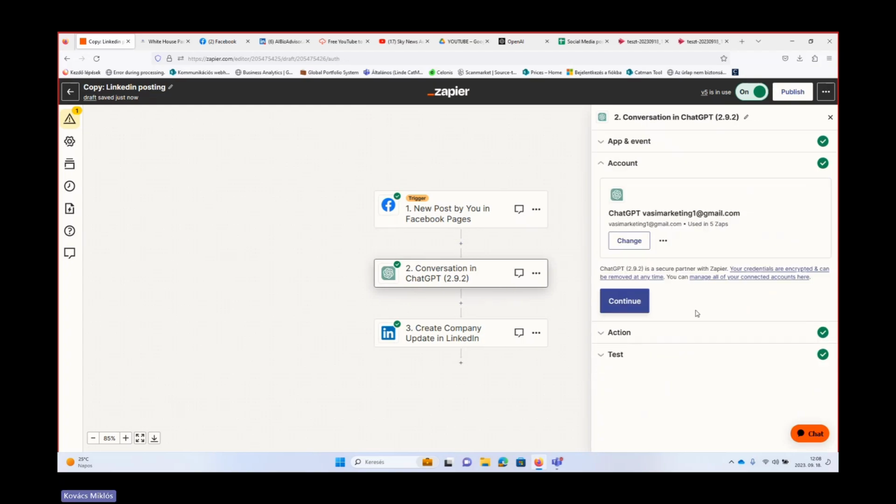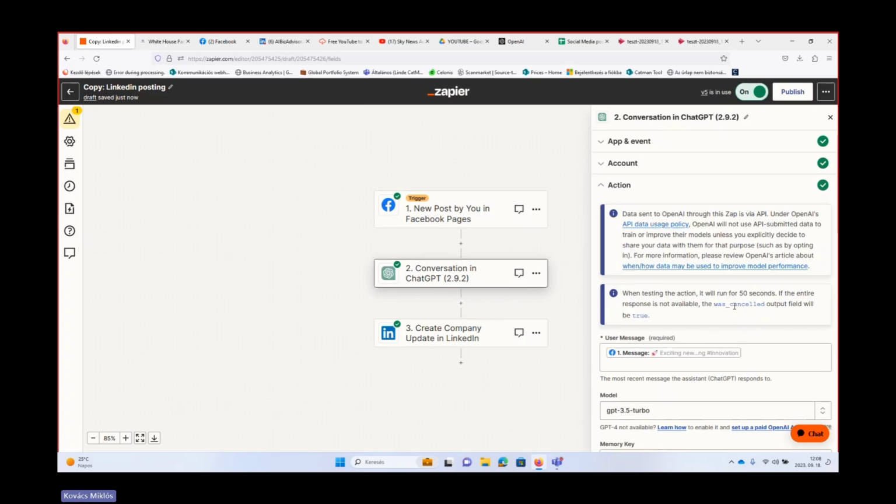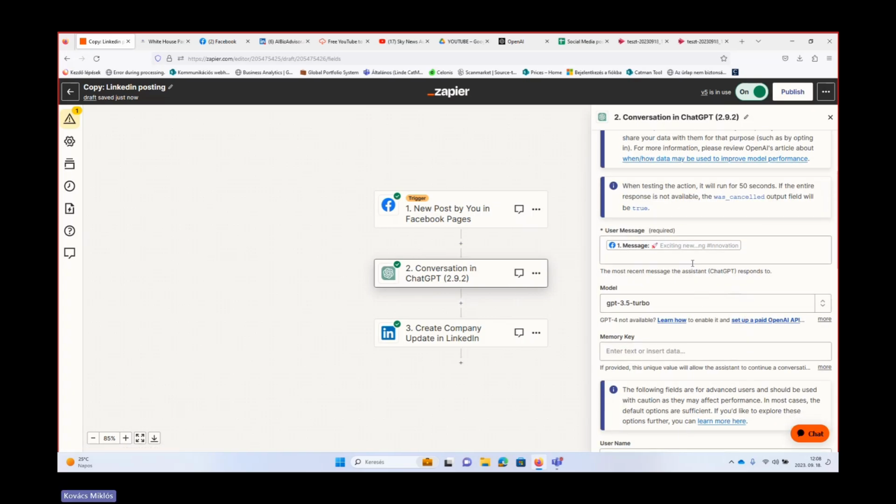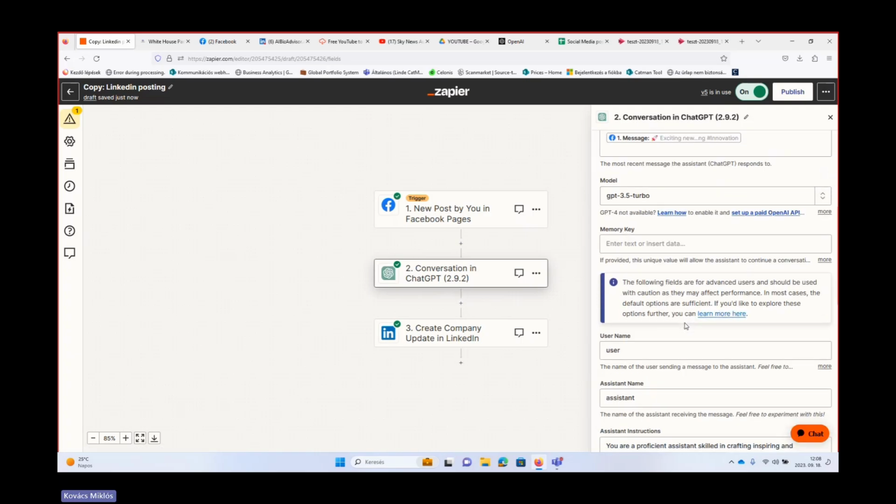This is ChatGPT already, conversation event, and you see the user message. So the input is the Facebook page post, the text that was generated previously.